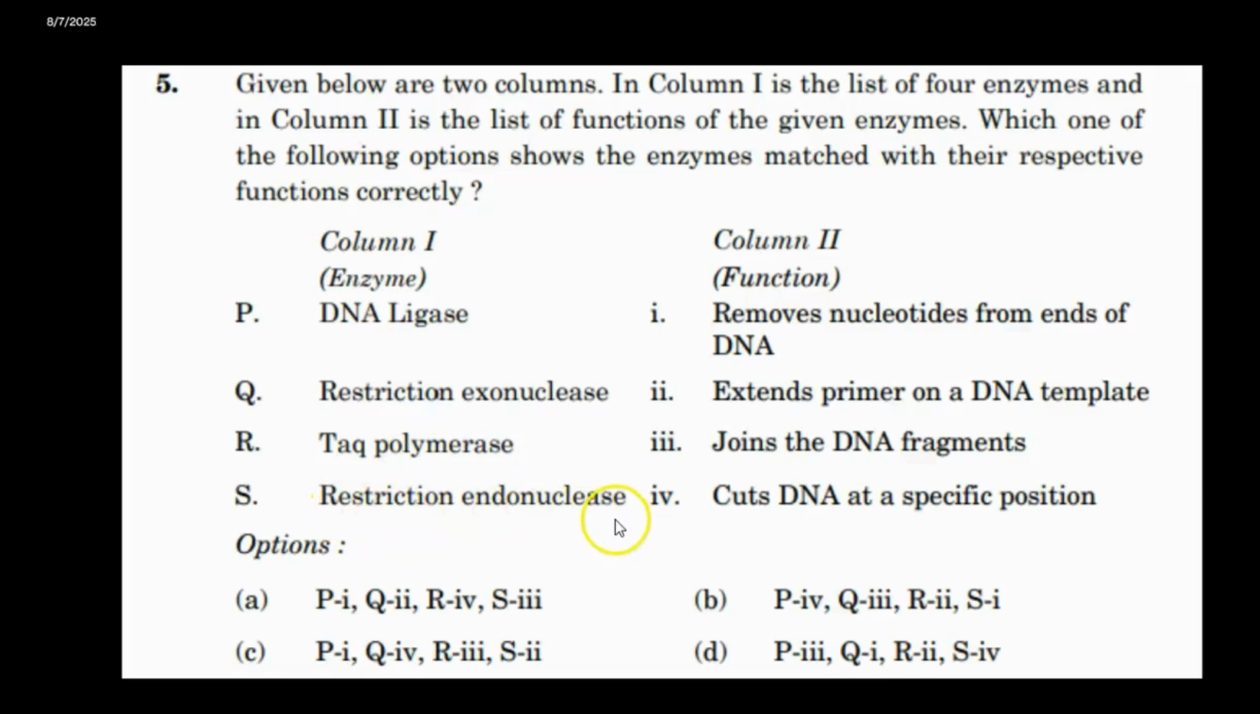Restriction endonuclease. What does it do? It cuts DNA at specific positions. They will check for the palindromic sequences and cut it out. So the correct response is D. That comes the